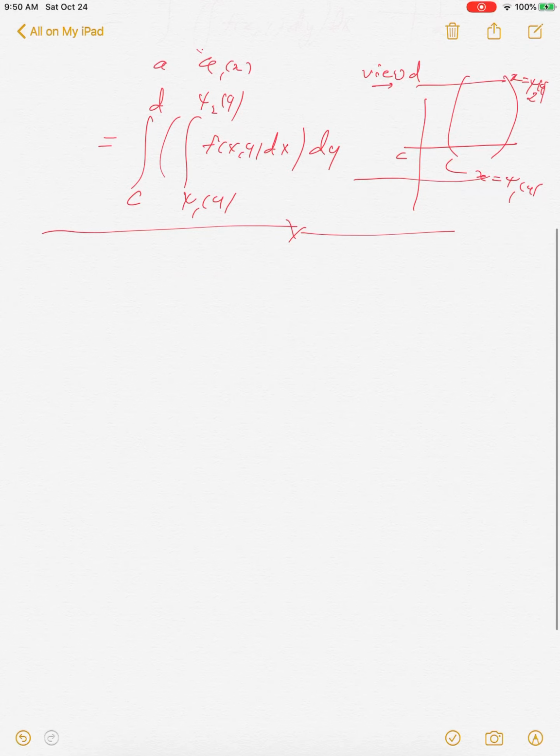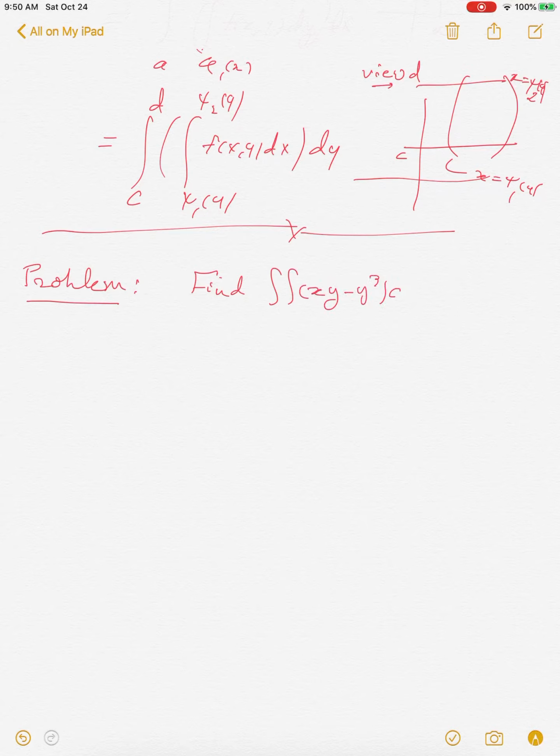And now let's try to evaluate some integrals. So we did this in the class, so we'll start with a problem where the area was, so let me do this, find the double integral of xy minus y cubed dA, where D is as shown. So D was this region. This is (1, 1), (1, 0), and that's (-1, 1),